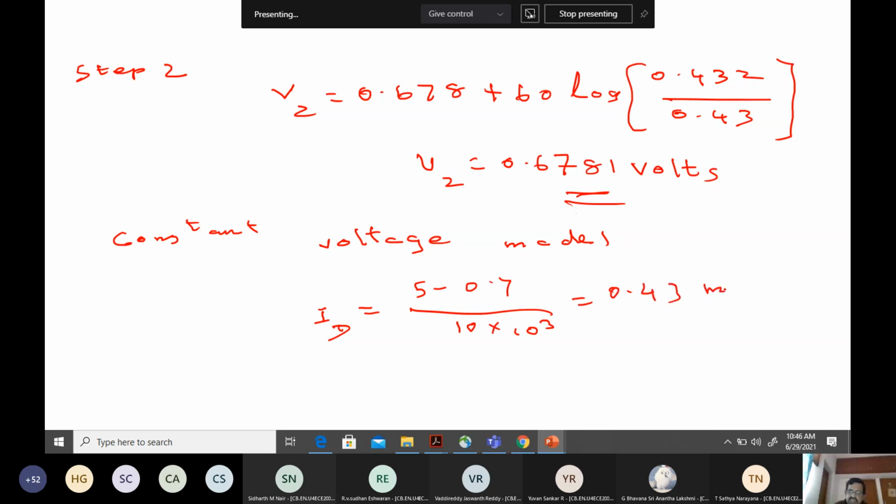And how different is this result from 0.432? They are not very different. It is almost close to 2, I mean, it's like 0.432 milliampere. So basically it is a difference of 2 microampere. So you have to understand that even with one step, I am able to get a result for very quick analysis. The need for complex circuit analysis requires rapid analysis, so the constant voltage drop model is one.